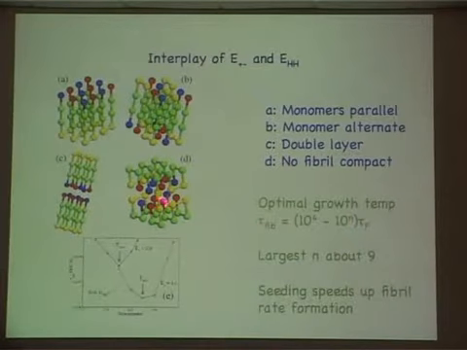Now, because it's a simple enough model, but not so simple that you can easily do this on a desktop, although I think you can if you wait a couple of months or something, you can calculate the fibril formation rate, in some Monte Carlo units, which is irrelevant, as a function of temperature, and you find these characteristic curves which are seen in experiments. There's an optimal growth temperature at which the fibril rate is a maximum,